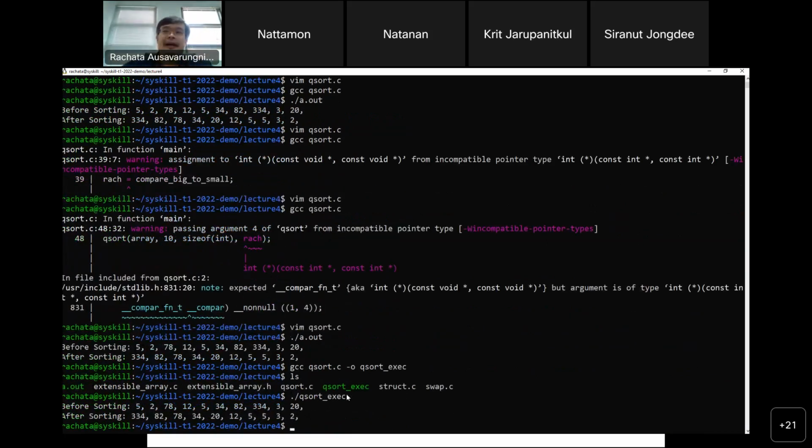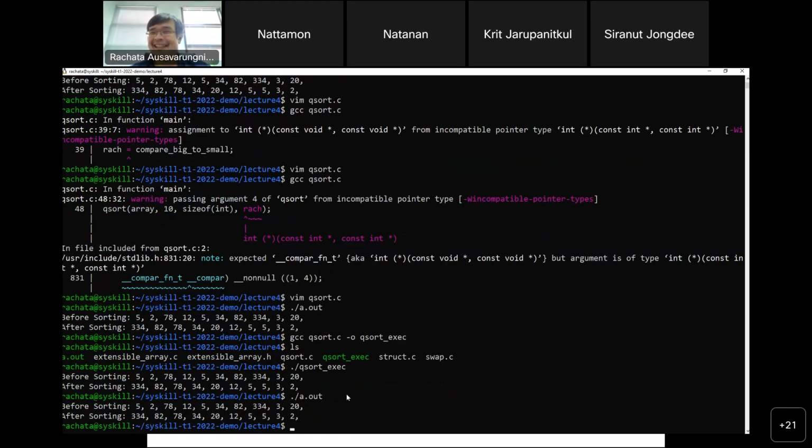It's just that I didn't put in an option for the output file. By default, because I haven't told the program to build this executable with a name, it will just use the default name, which is a.out, because why not? It's the simplest name.